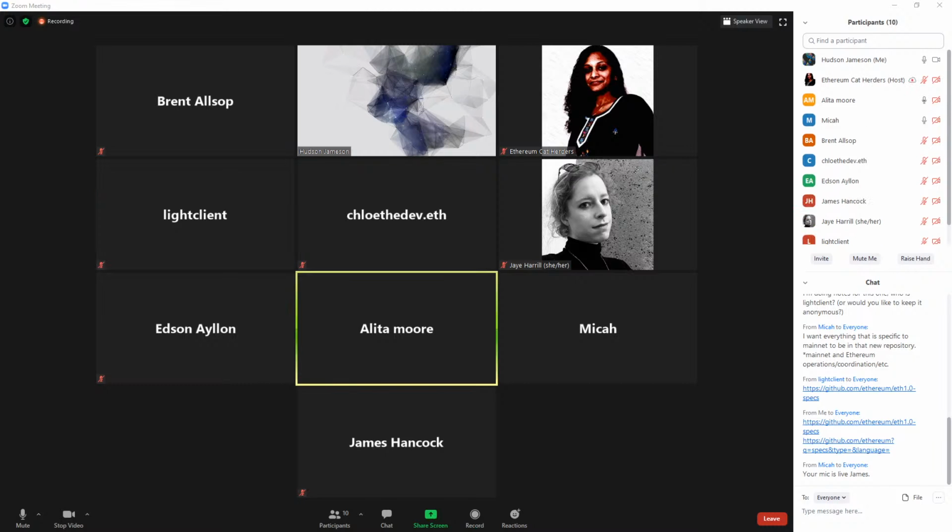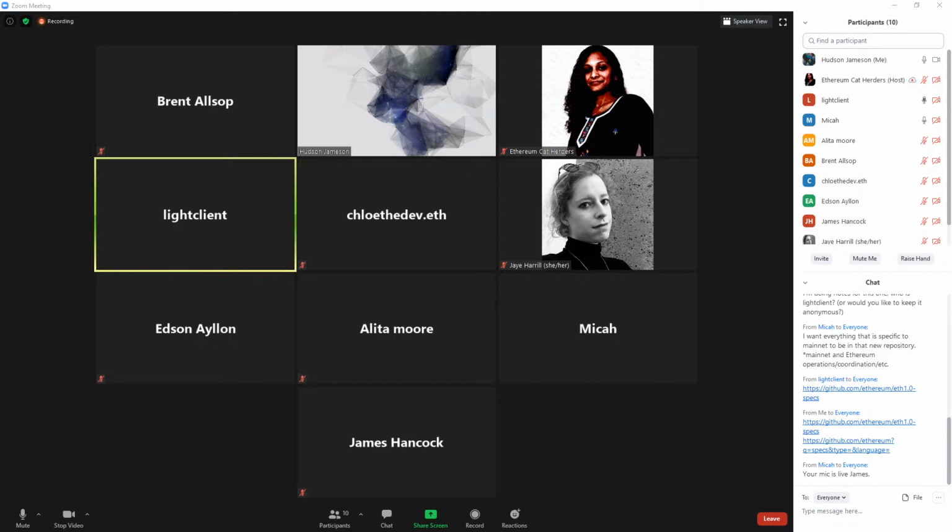So I was actually planning on editing the yellow papers. Is that something that you wanted to coordinate offline? I guess I just think that the yellow paper should probably live in ETH 1.0 specs now, because the ETH 2.0 specs repository has all the specifications required to implement an ETH 2 client. But for ETH 1, we don't necessarily have that. That's mostly the yellow paper.